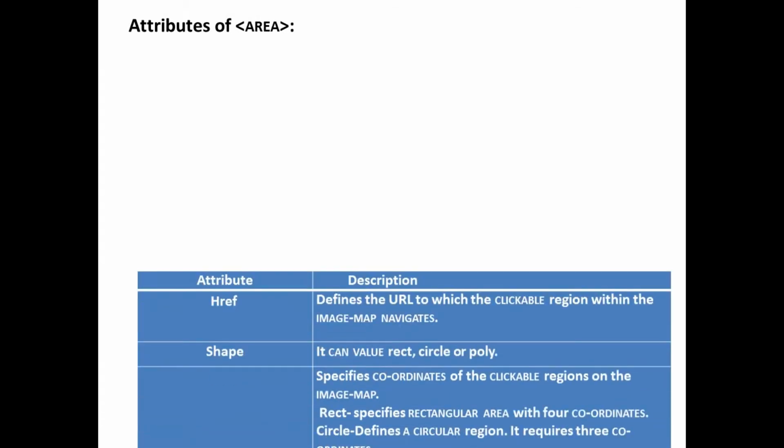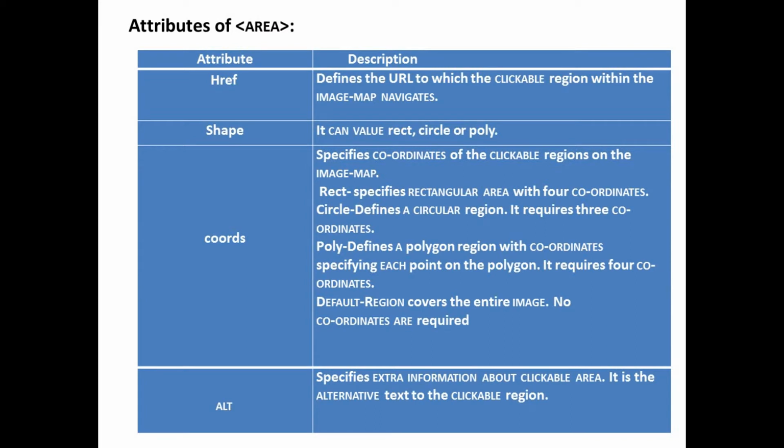Next we have the attributes of the area tag. Once you specify the area tag, what kind of attributes does it have? We have two columns over here, one is the attribute and the second is the description. All four are required, but the last one, alt, is not mandatory. When you are going to search for something in that particular location, how do you come to know which thing this particular area belongs to? Because no name appears there, only the image is there, and you have to find out that clickable region.